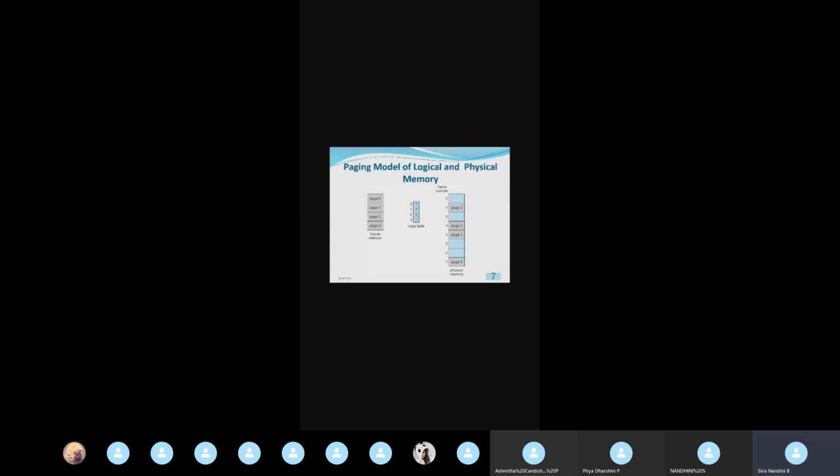So if data needs to come into the physical memory, then it will occupy that free frame only. So we have to keep track of the free frames in this paging concept. What frames are free in this physical memory, so that a new process's pages may be allocated. Likewise, we need to keep track of all the free frames in the physical memory.